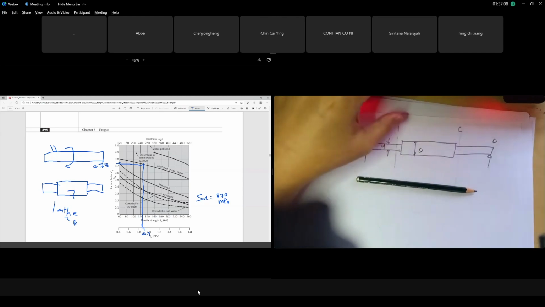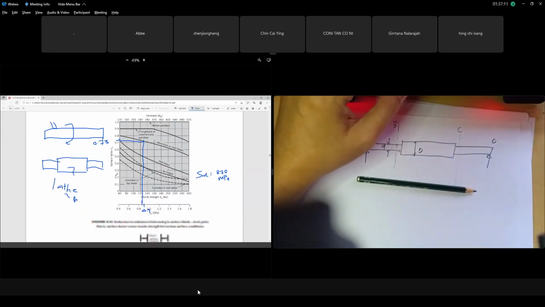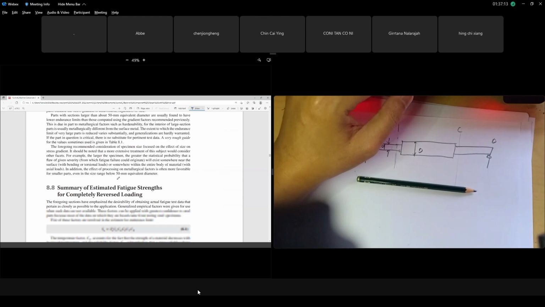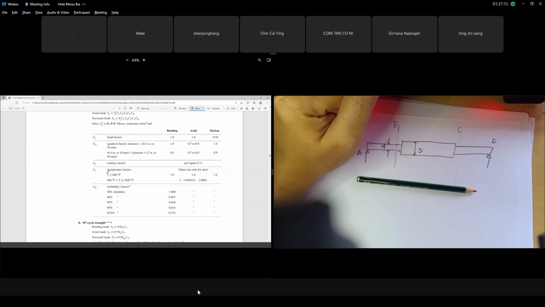Okay, that will be your CS. Okay, that's how you do your CS. Now, CT is your temperature factor. Tadi CS was 0.73, for example. Okay, surface vector figure 8.13. Now is